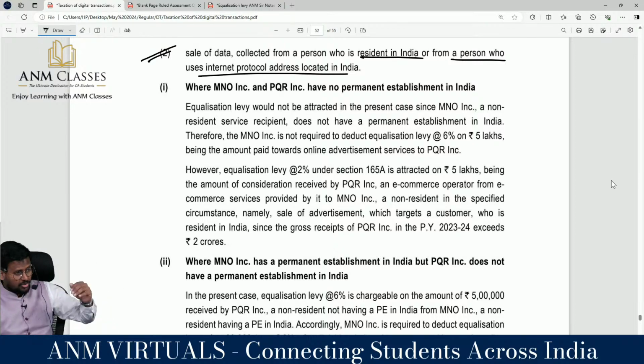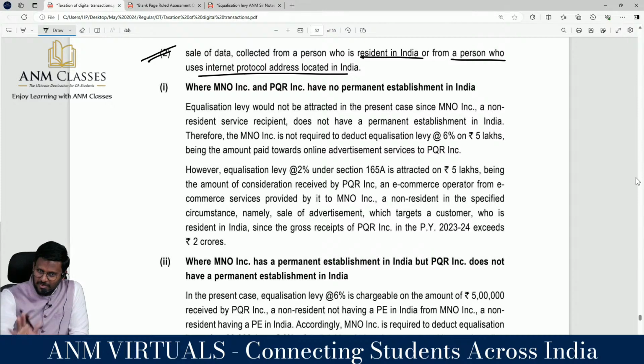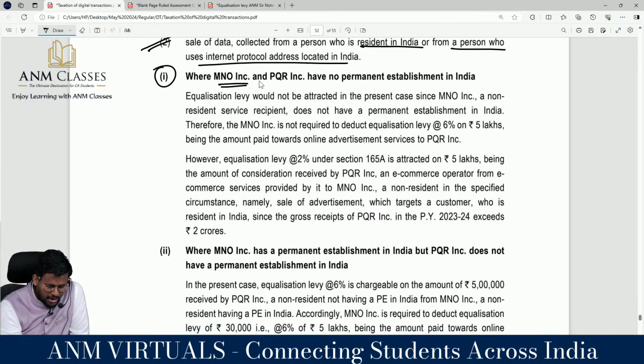Now, based on the chapter on equalization levy, the whole chapter has been rewritten, correct? We are going to talk about a case where MNO Incorporation and PQR Incorporation have no PE in India. Sir, equalization levy would not be attracted in the present case, since MNO Incorporation, a non-resident service recipient, does not